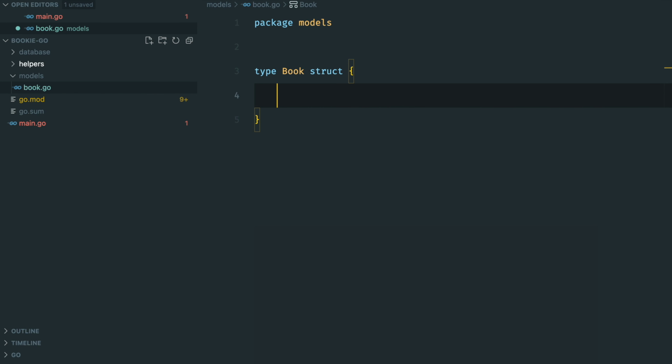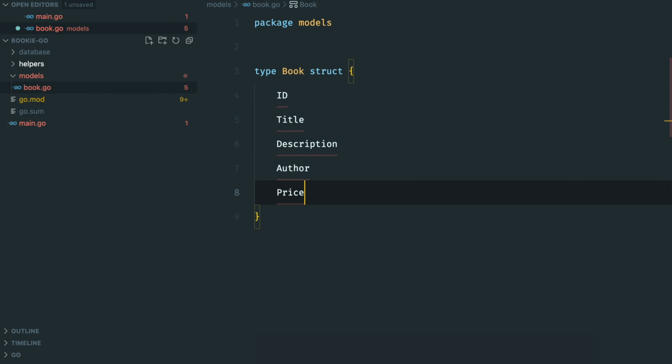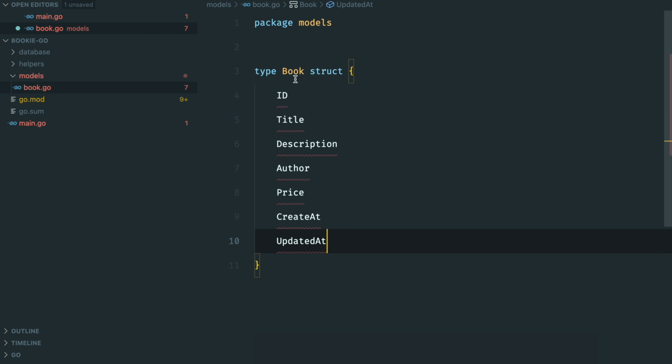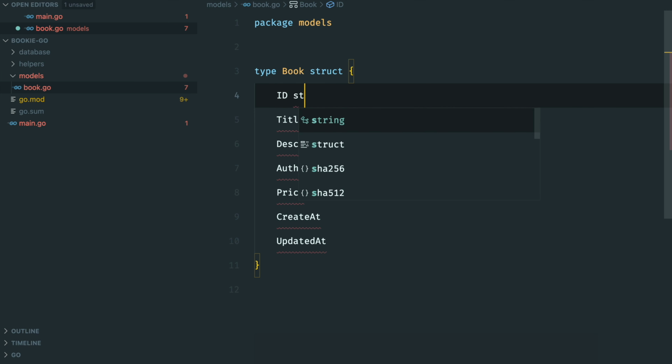What will be the fields that we want to have on this model? It will be ID, we'll have the title, description, the name of the author, the price, and we'll also have the created at and updated at fields. Within Golang, which is a strictly typed language, we need to define the type of these properties as well. ID is going to be string because we'll be using UUID, and we can provide some other information like GORM. The property related to GORM is that it will be our primary key,